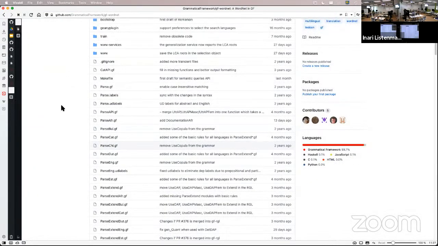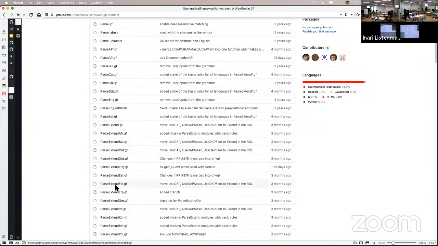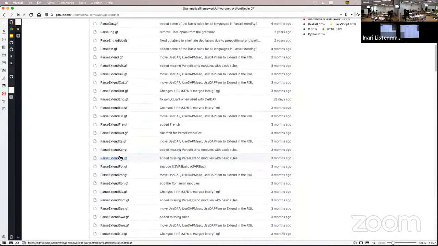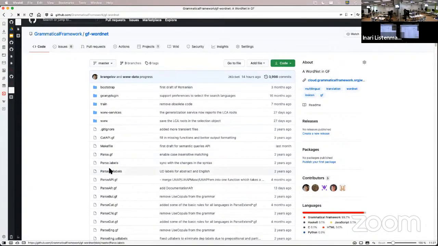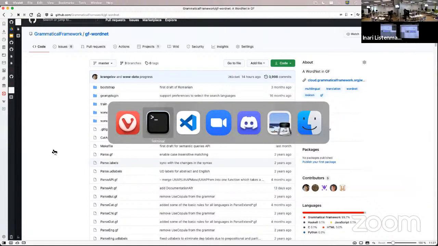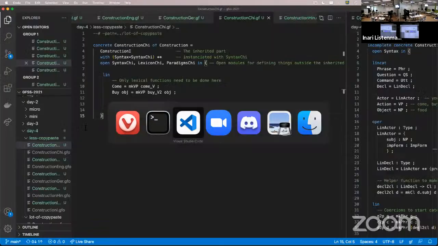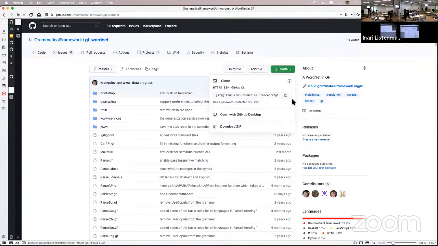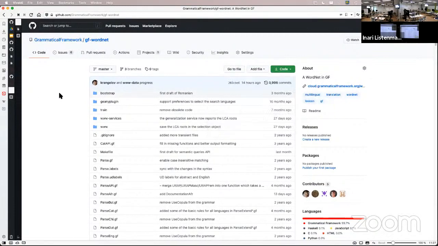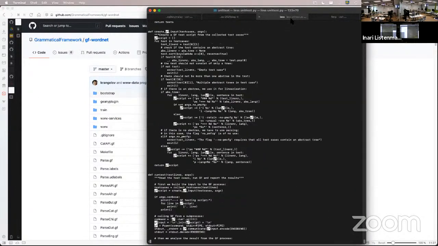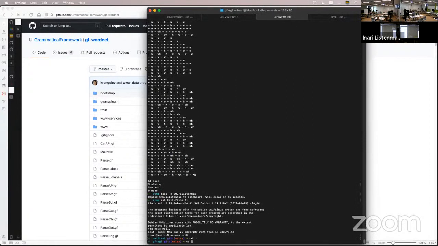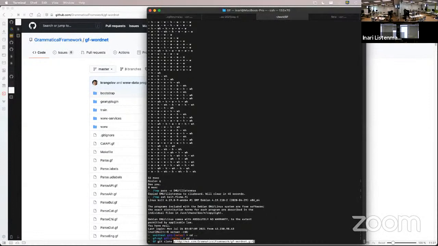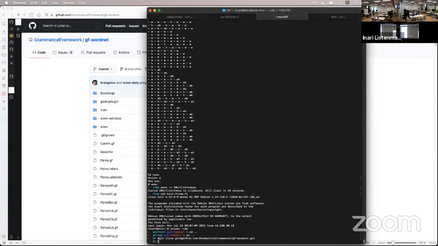How we're going to use this in our grammar is just like any other GF grammar. These are normal GF files, and they are completely compatible with the abstract syntax, the resource grammar library abstract syntax. So assuming that we have all that set up, if you want to clone it on your own computer, you git clone blah blah blah. I have it already, so I just go to GF